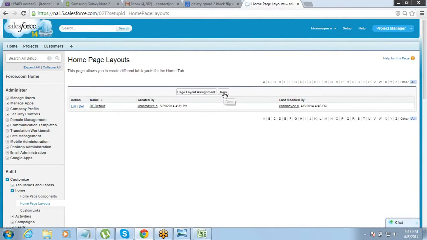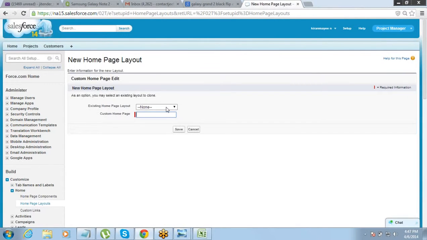If you want, you can create new home page, right? Clone it from any existing one.